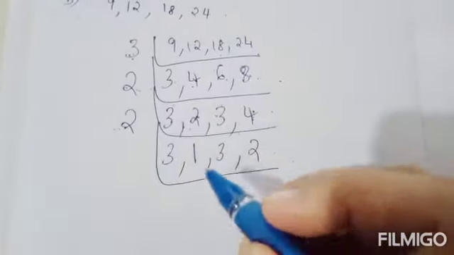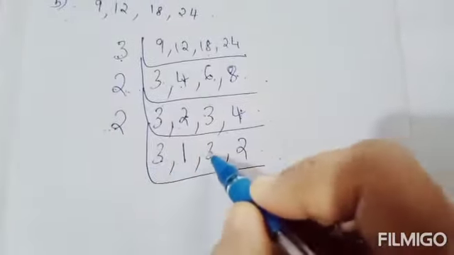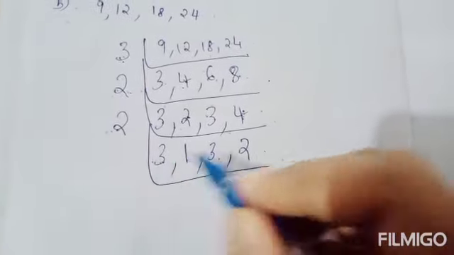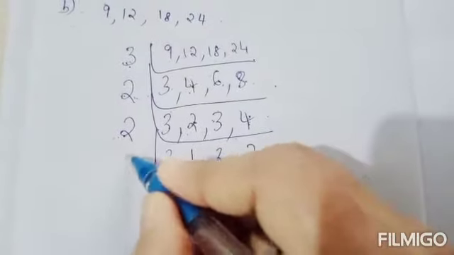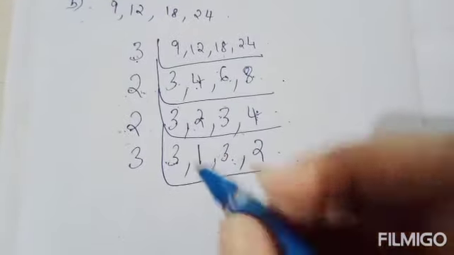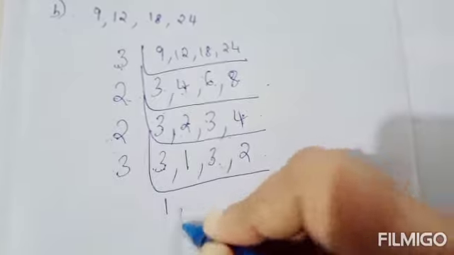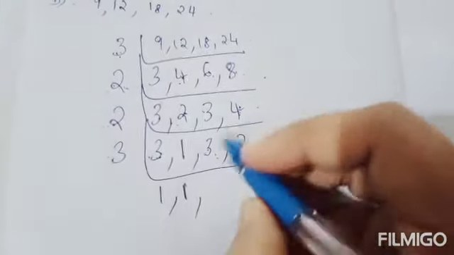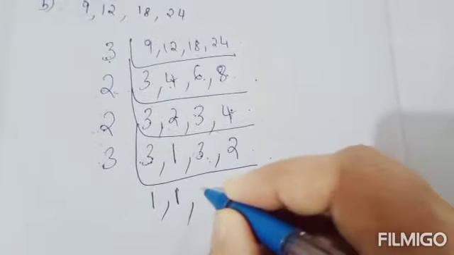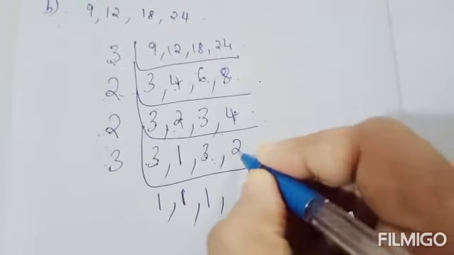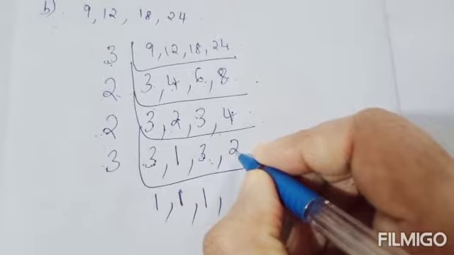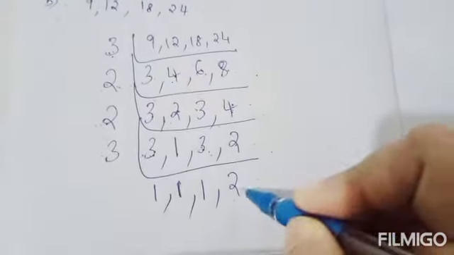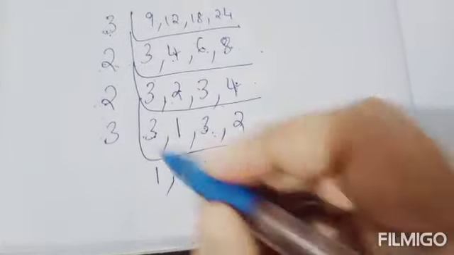Okay. Now here 3, 2 times 3 is coming. So in order to make these 3s 1, you can divide it by 3. Okay. So 3 divided by 3, 1. Now this one you can write as it is. Now 3 divided by 3, 1. 2 you can't divide it by 3. So write down this 2. In place of 2 you can write 2 itself.